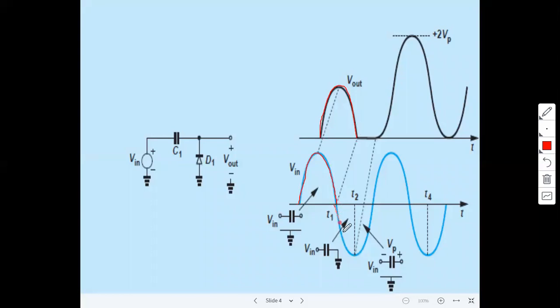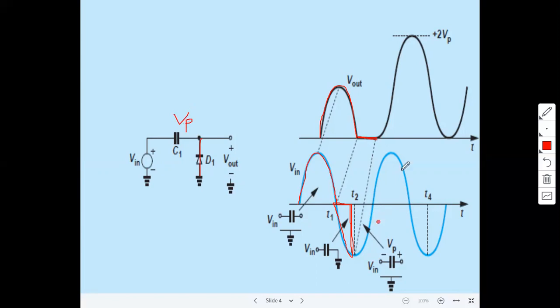Now observe here in the negative cycle, the first quarter cycle only. During this, diode D1 is on. Whenever diode D1 is on, it is a short circuit. That means the capacitor's second terminal is connected to ground. Now what is the output? Short circuit voltage is equal to 0. So observe here the black line, output is equal to 0. During this interval T1 to T2, the capacitor charges to the maximum voltage, peak voltage Vp or Vm.